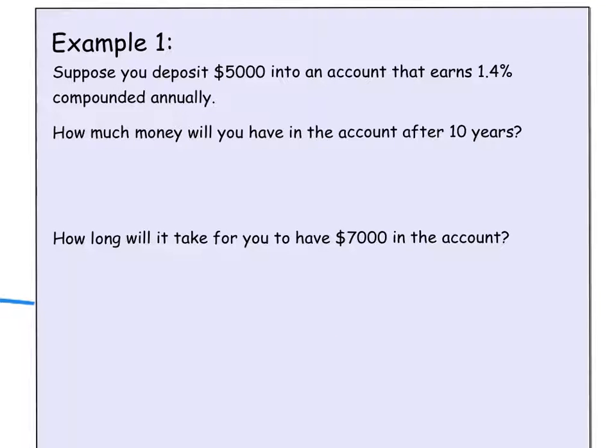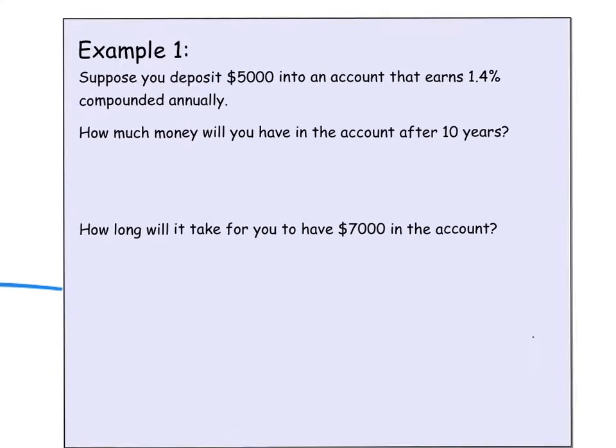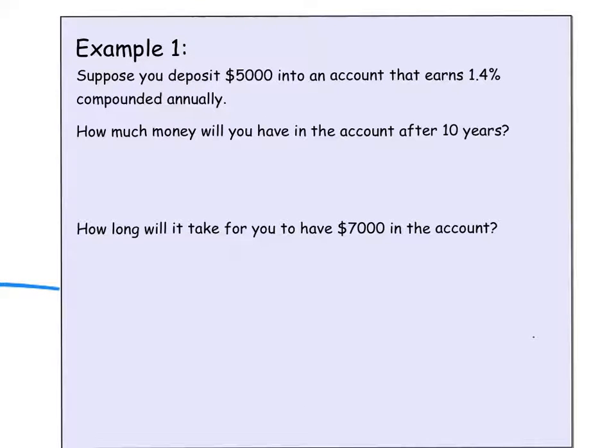Okay. It says, suppose you deposit $5,000 into an account that earns 1.4% compounded annually. So, interest problem. How much money will we have in the account after 10 years? The formula we're going to use for this one